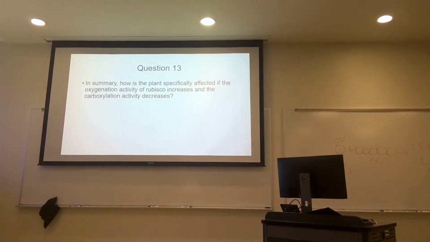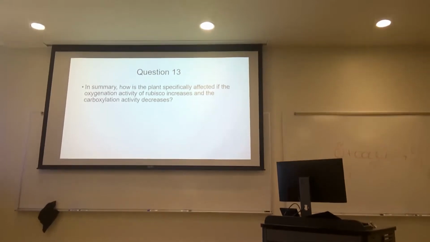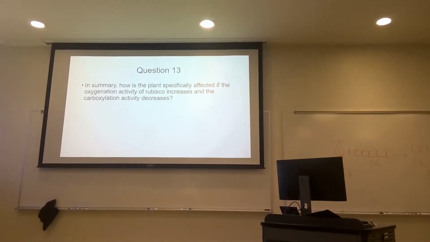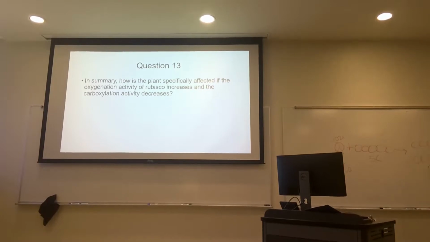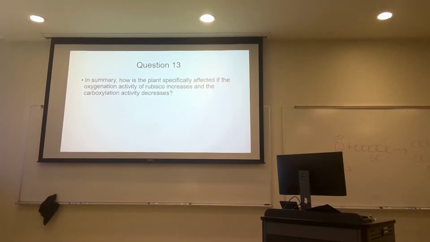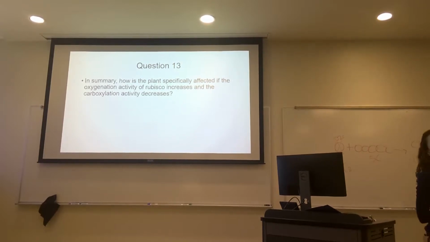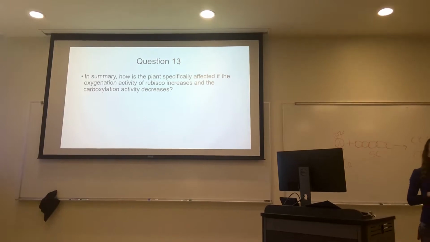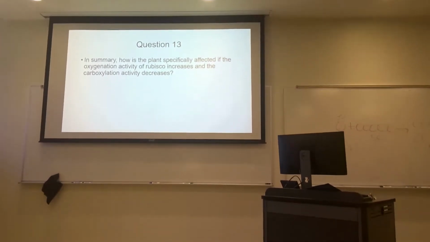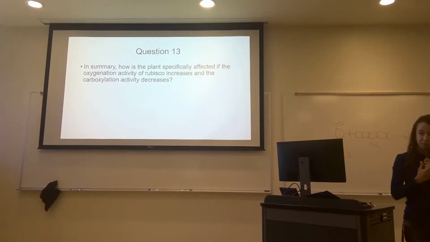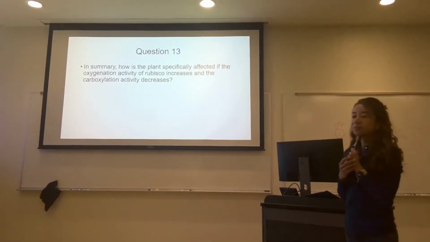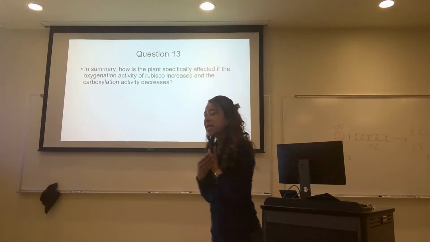So, can anybody tell me in your own words, in summary, the last one: how is the plant specifically affected if rubisco, instead of carboxylating, does the wrong thing and binds an oxygen instead of a carbon? Yes. It just wouldn't be able to make the sugars it needs, or greatly, drastically reduced. Yeah, so